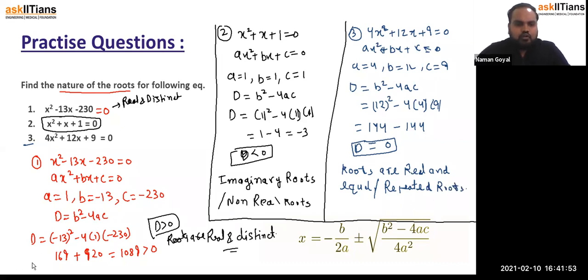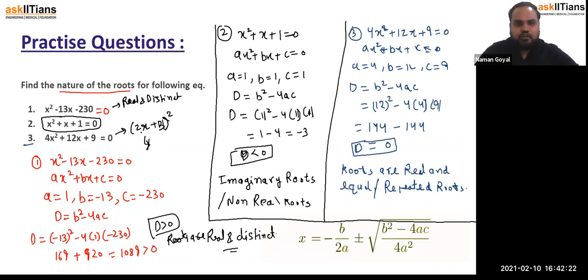Now as I told you earlier, if d is 0, in that case that quadratic equation is a perfect square of a linear. So if you see, this 4x square can be written as 2x plus 3 whole square. If you open by using the concept of a plus b whole square, then you will get